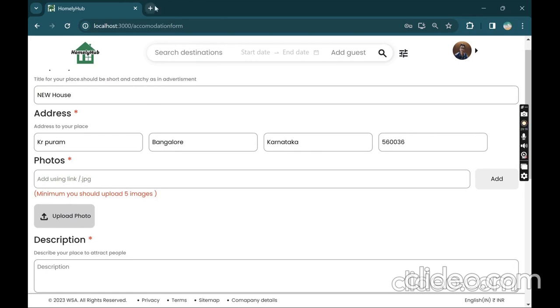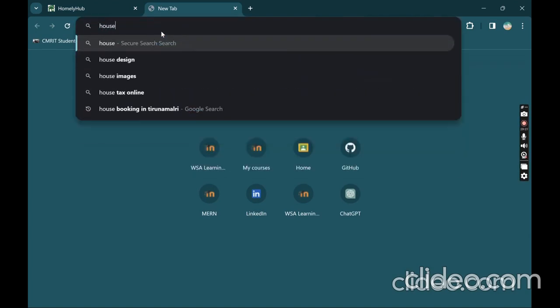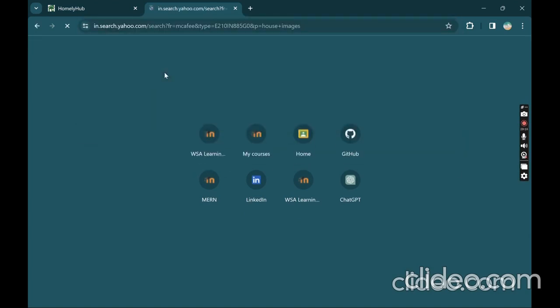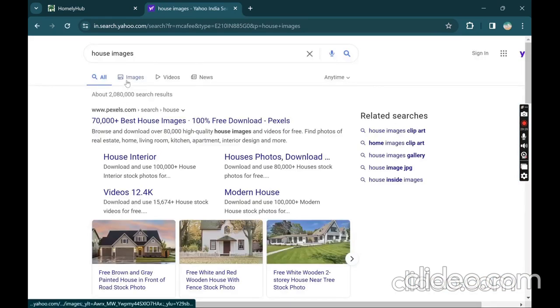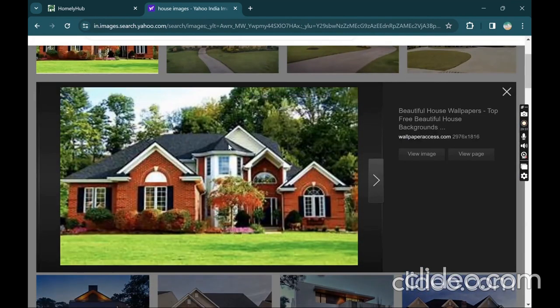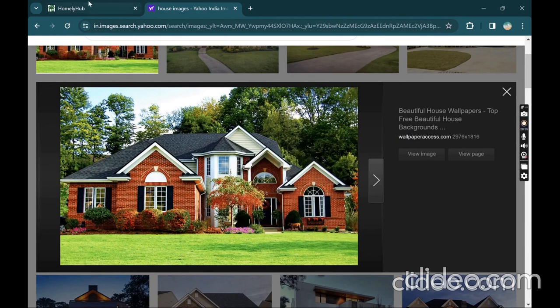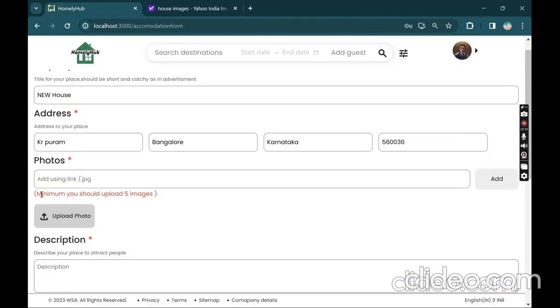Here, for adding photo links, you should go to Google and you can select any photo, like house images. Let me select house images. Let me see. See, you can see this. You can click on this image and right click, copy the image address. You can go here. You should add minimum